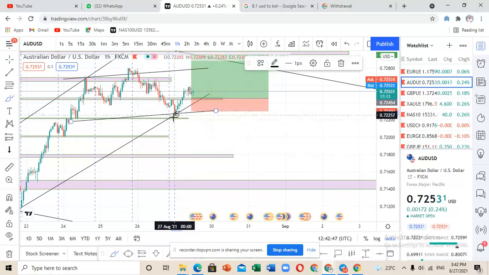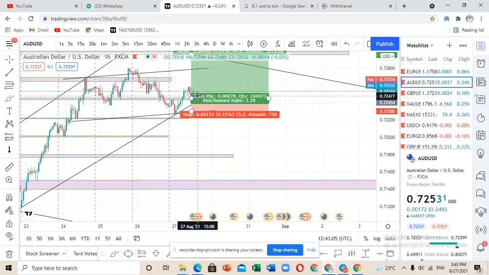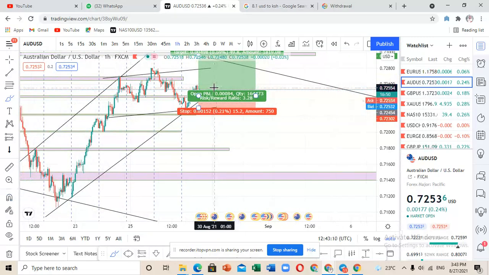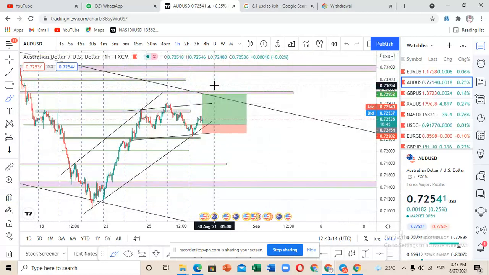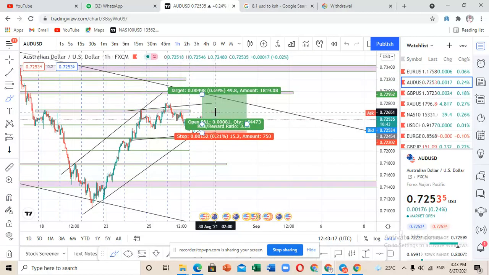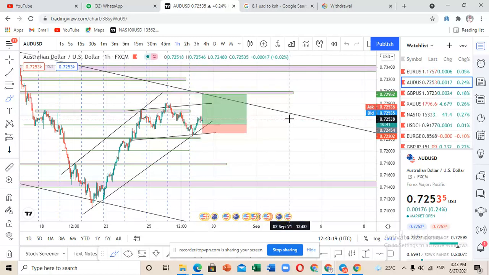After touching this channel, the market made a breakout. You can clearly see that this is a point of support. Even though the market usually makes a breakout, the market must always come back to this point of support to have a retest before it moves towards the upside to these levels here. That's why I've placed a sell limit at that position. In this trade, I'll be risking a total of 150 pips for a total reward of 400 pips. So hopefully that will happen.